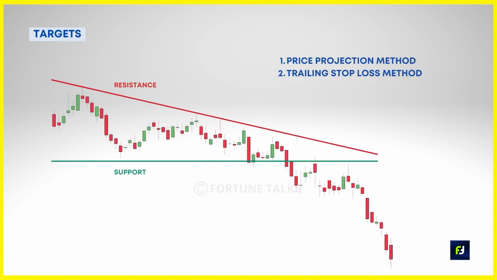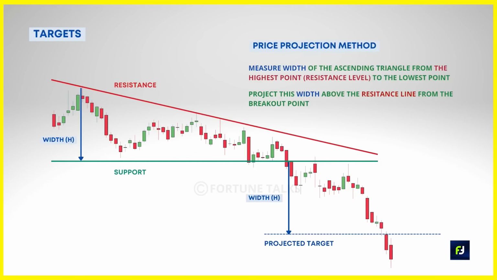Now finally, how to exit your winners for maximum profits. Now similar to every other pattern, there are two ways to exit the winning trades: price projection method and trailing stop loss method. In the price projection method, calculate the distance between the highest and lowest point of the descending triangle. Now take this distance and project it downwards from the breakdown point. This projected future price point is where you exit your trade after you enter a breakdown of the descending triangle